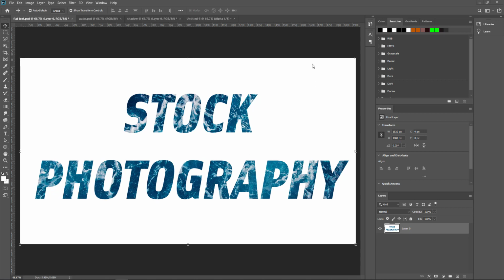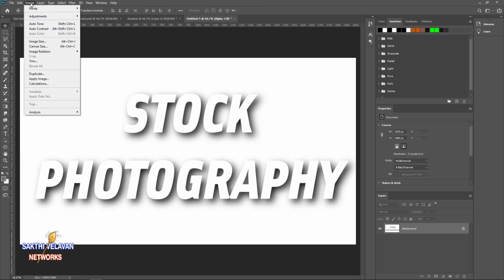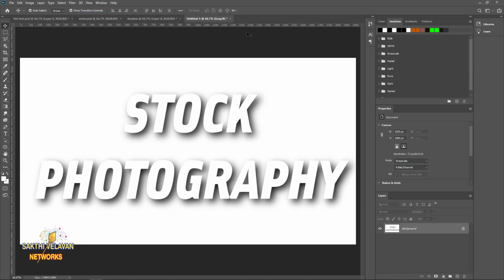Now I want to add this effect into this document. In order to do this, I have to do some steps here because the document is in an alpha channel. I want to convert it to RGB mode. So I go to the Image option and Mode. Here I choose Grayscale. Now the document is converted to grayscale mode.